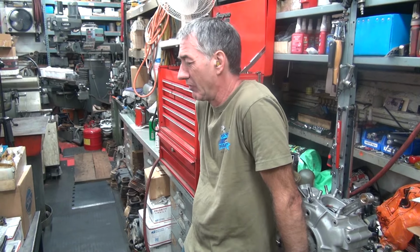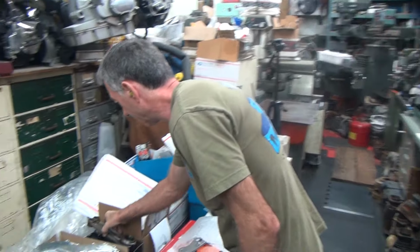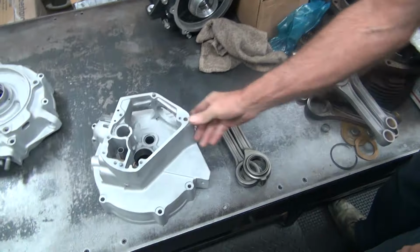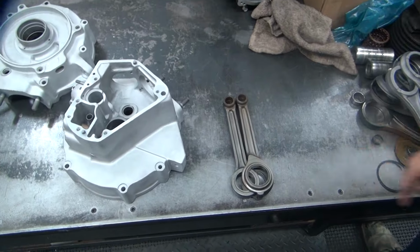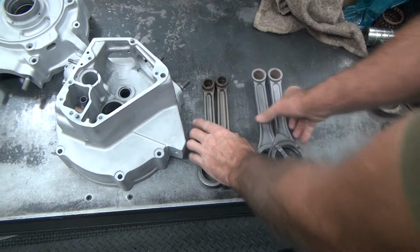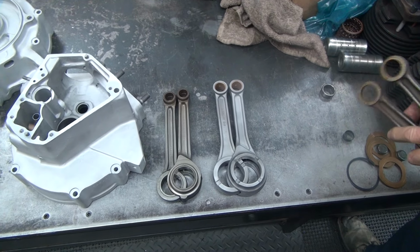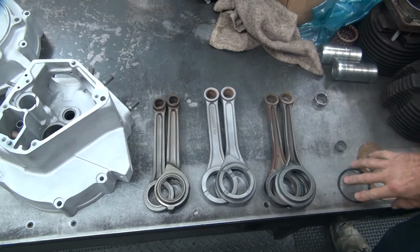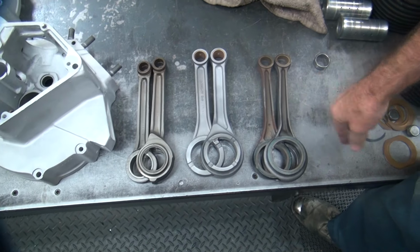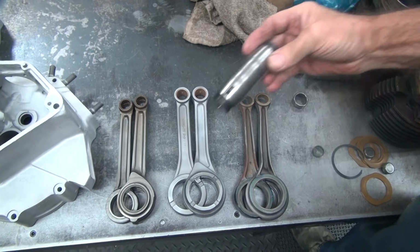I don't know. Need some help. We got different sizes in this stuff. So you got Harley rods, 1936 through 99. Twin cam rods, 99 through 06, 07. Late twin cam rods, 7 and up. And you got M8 rods look just like this, but they're a bit bigger again. And you got crank pin,